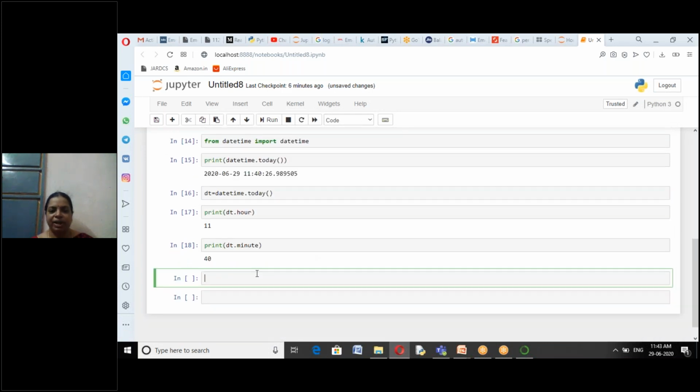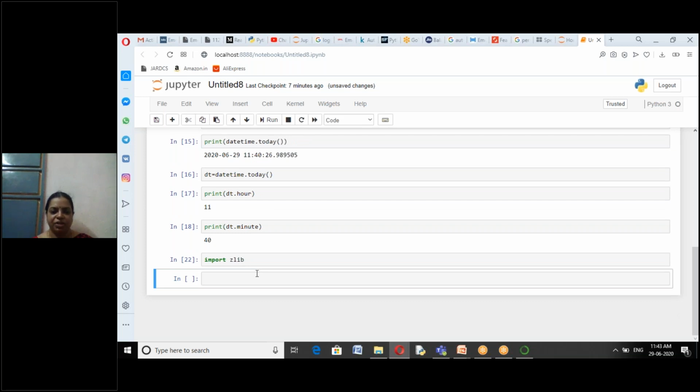Next we will see the compressing and decompressing of information. Import zlib. So we imported the zlib package. Now I will create a string variable, str equals welcome to compress module.